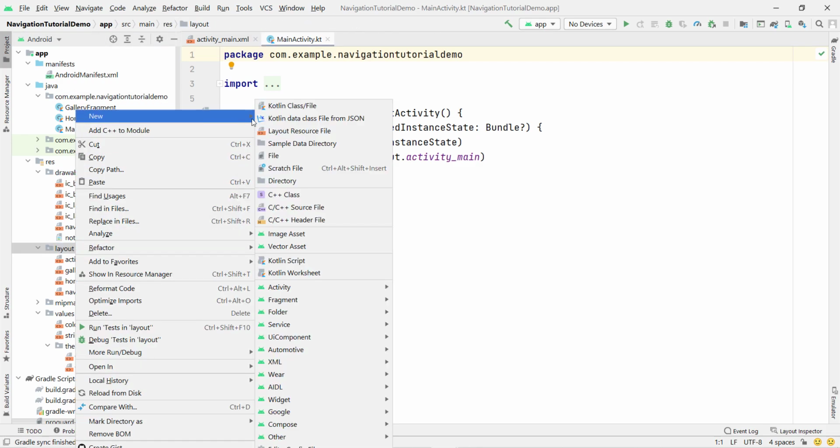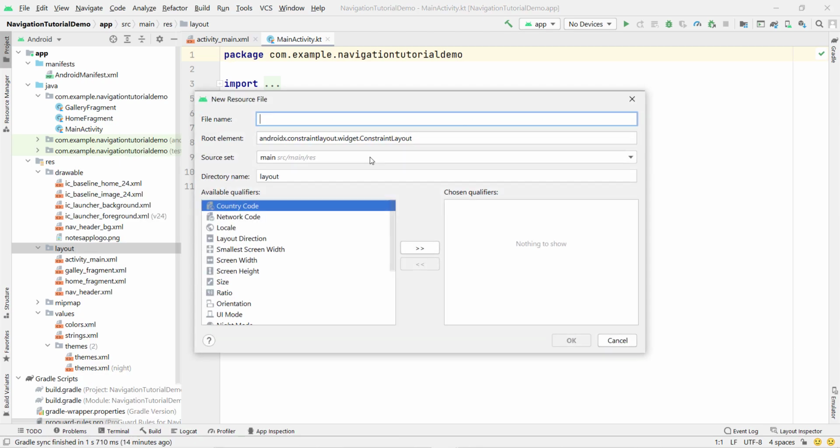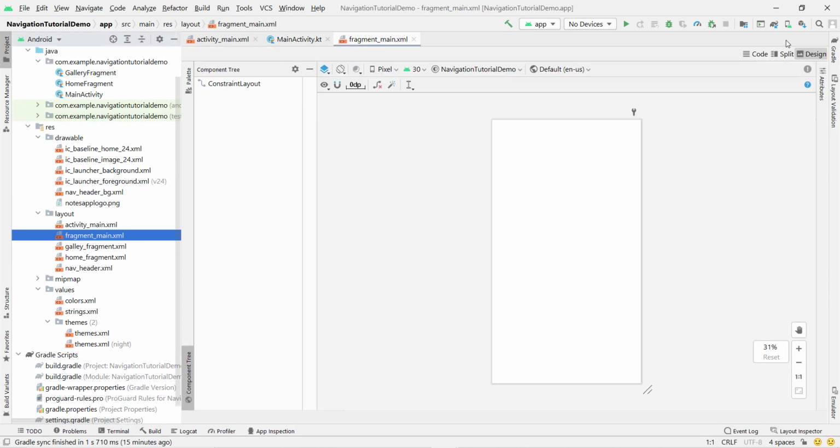Then you have to click on New, and then Layout Resource File, and give the file name fragment_main. So this file is going to hold the fragment container where we are going to place all our fragments. That's why this file is important. Now click on OK. Now click on Split,